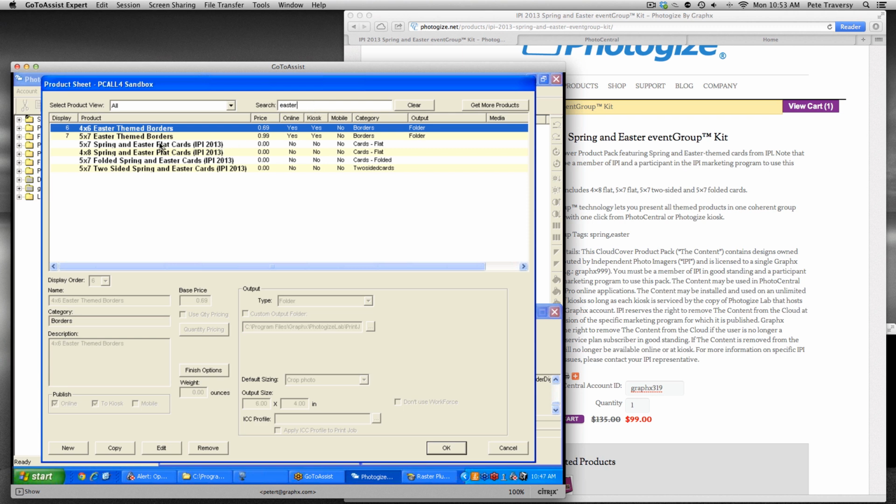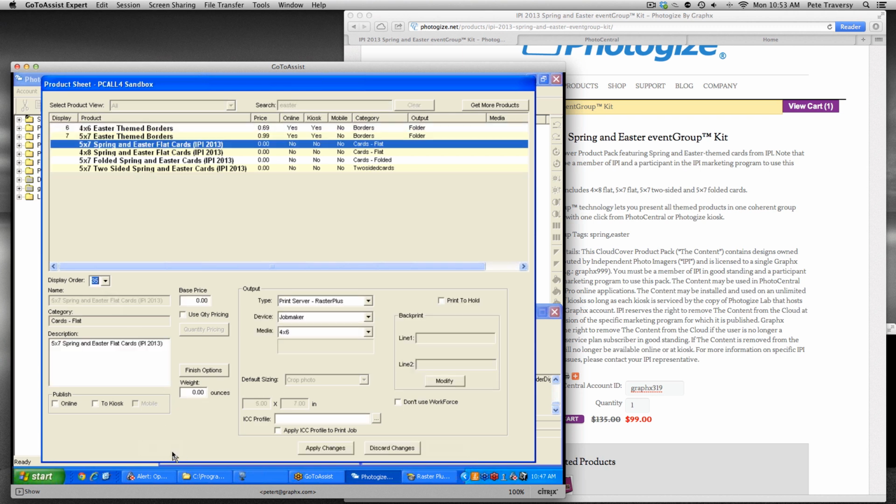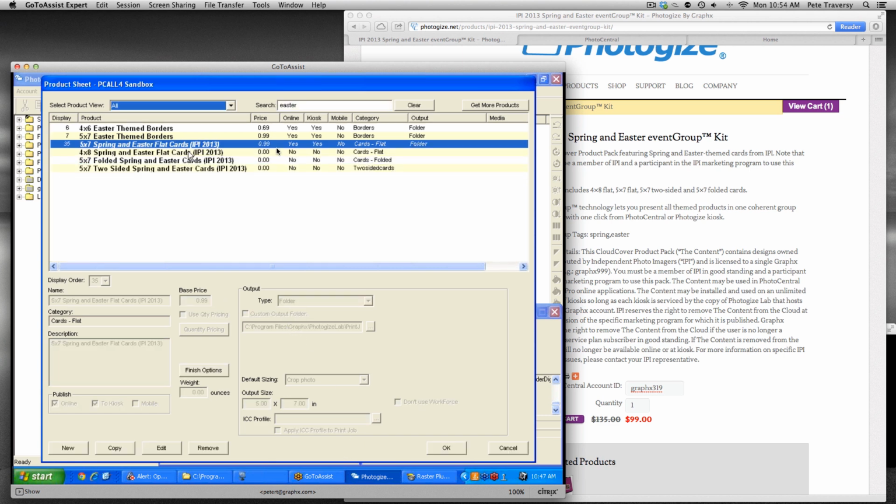And so what you want to do is highlight each of these and edit them, and then say I want to publish to online and kiosk, give them a price like say 99 cents. Select how you want to print them. In this case, I'm going to print them to a folder, but you might want to go to Raster Plus. You might want to print them to a PDF, and then you click on Apply Changes. And you do that for all of the rest of the products here, and I'm going to do them all in one big batch,